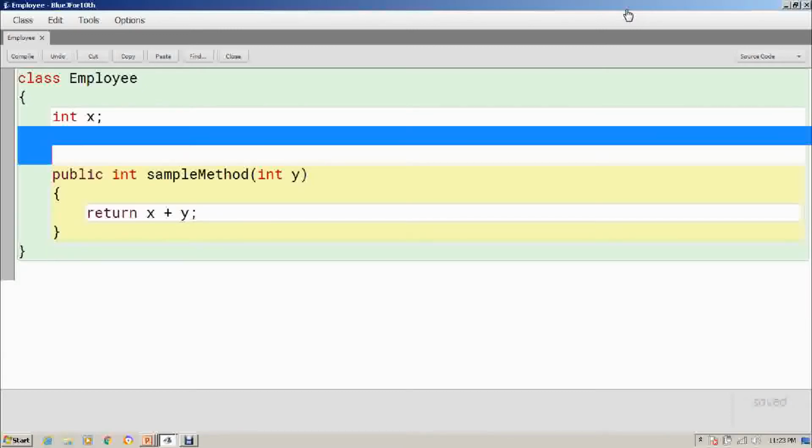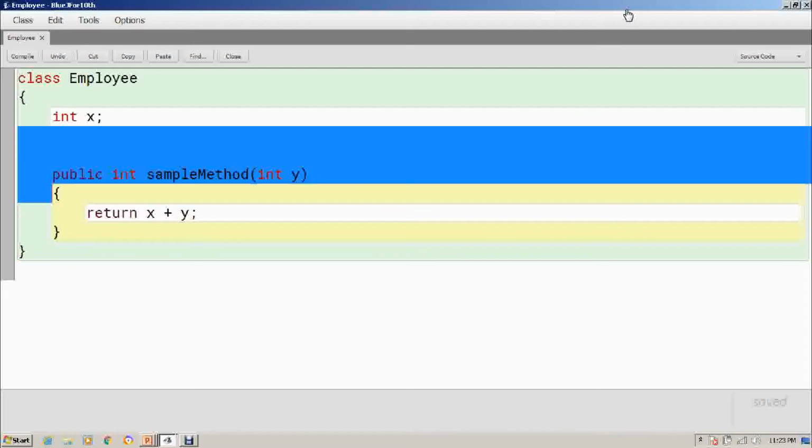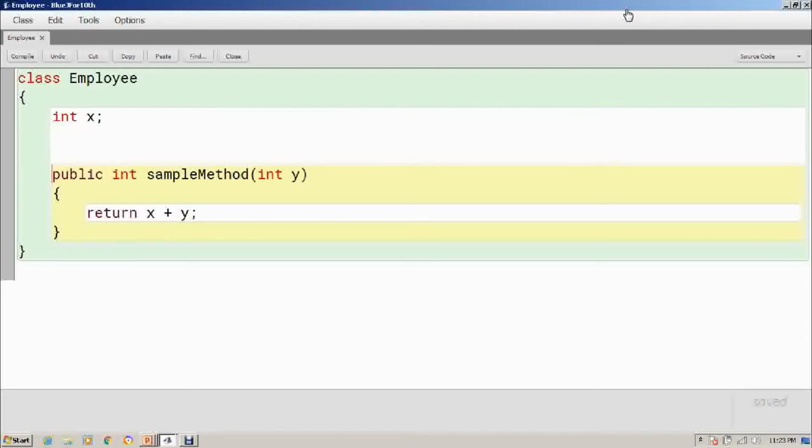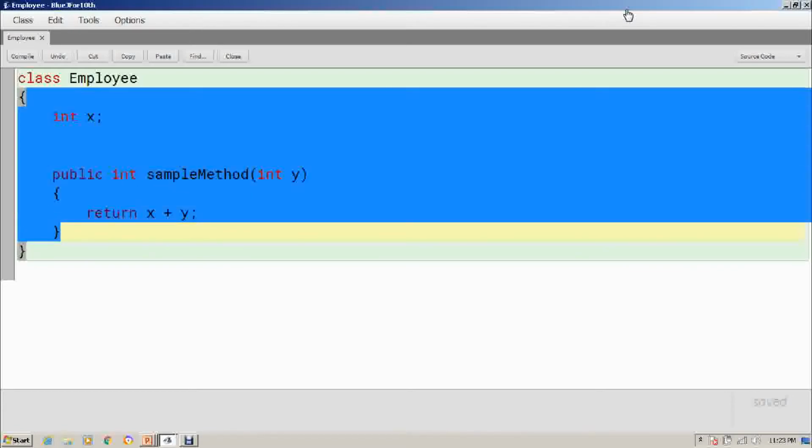And then after that, you can see one more method over there with the public access specifier written, which I told you should be there. Then int is written, which is nothing but a data type. But why is it written? It's actually a return type. And when we talk about methods in this series, we will talk about this return type. So to make this employee class simple, I'm going to delete each and everything from it.